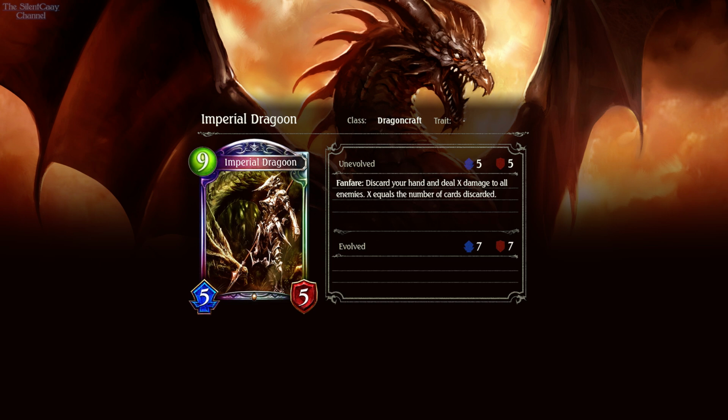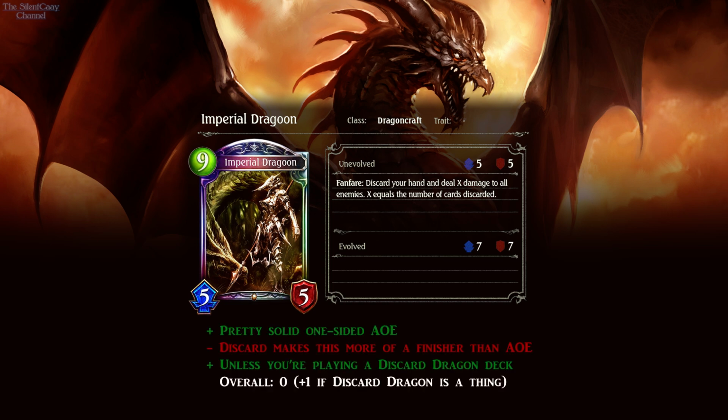I said that the 2 things it really needed was more manual procs for discard effects, like Dragon Newt's Fist, and the other thing it really needed was some sort of endgame plan. Cycling through your deck like mad is great and all, but without an endgame plan it's kind of pointless. So some kind of big impact card like this is what discard Dragoncraft needs. But I think it's still lacking some support. So overall this is going to be a 0, but it could be a +1 in the future if discard